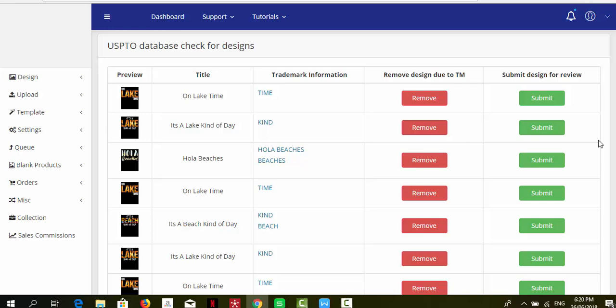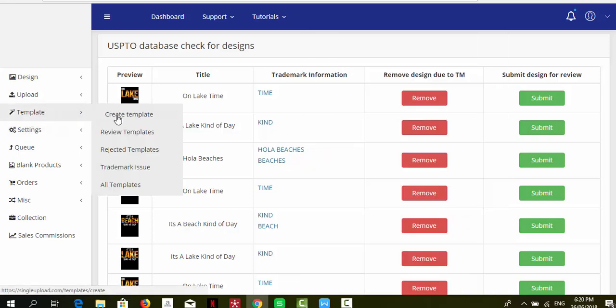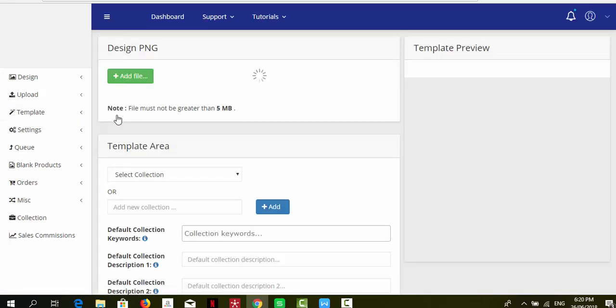So there's lots of other great features that we have. We have what we call templated designs. So you can do a large number of designs very quickly using a template. So you would create a design template which had a number of variables that you could utilize a CSV file for. And what that means is let's say you wanted to do 100 different designs all related to dog breeds, and so you might have